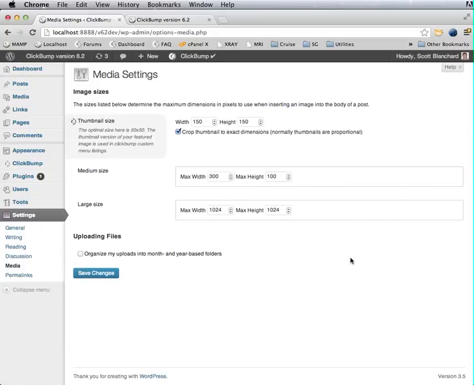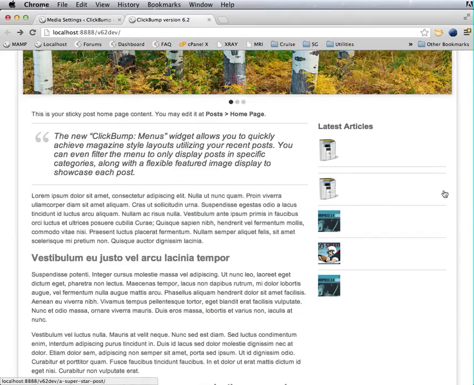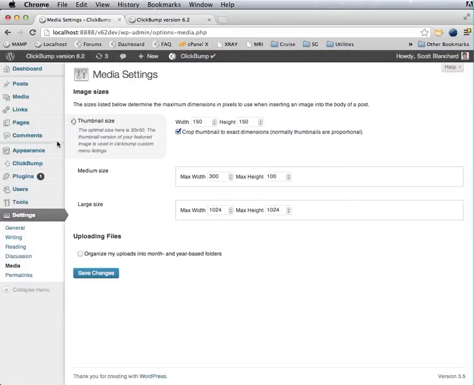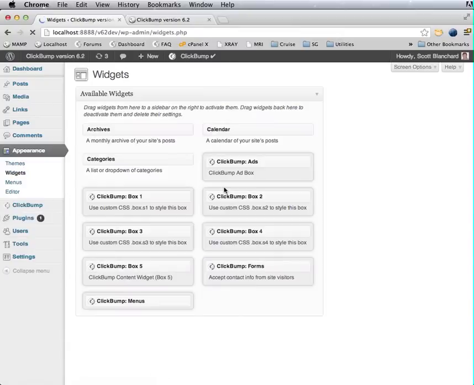Now when I go up and upload a featured image, they're going to automatically be up to 300 pixels wide by 100 pixels tall, and that would fill this area here nicely. So just a few things you can do to get whichever kind of look you want for those